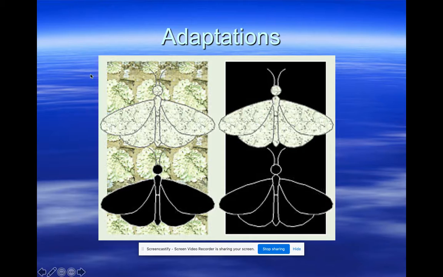But there's a natural variation that exists in the moths. All right, some are pepper colored, some are dark. Now, if you're a bird or whatever's eating these moths, you can see the dark colored ones a lot better than you can see the pepper colored ones. So you might have guessed that being a dark colored moth on the light background is not good. You're going to get eaten. Therefore, you're not going to live to survive and reproduce. And therefore, the pepper color trait is going to survive in the species.